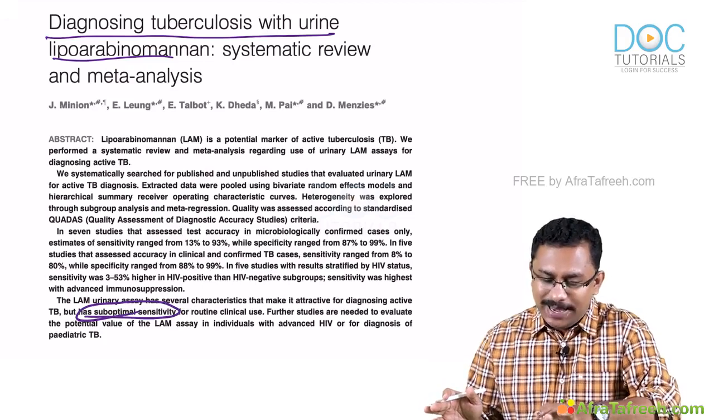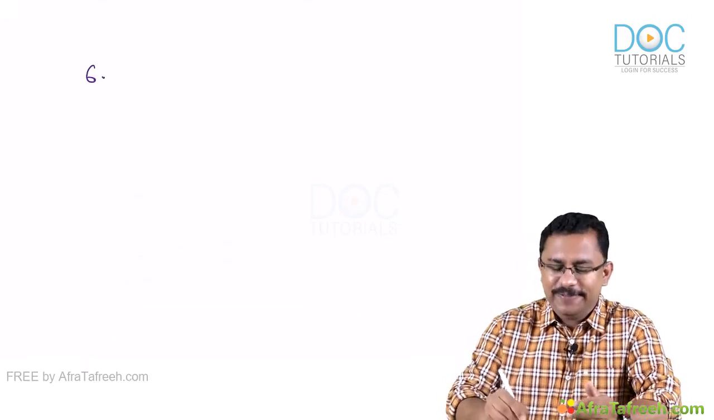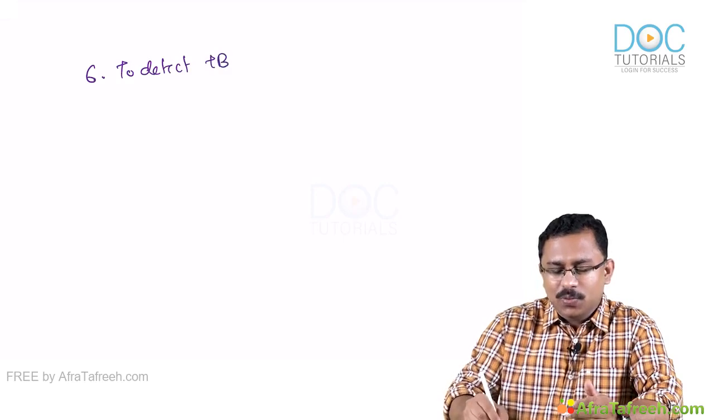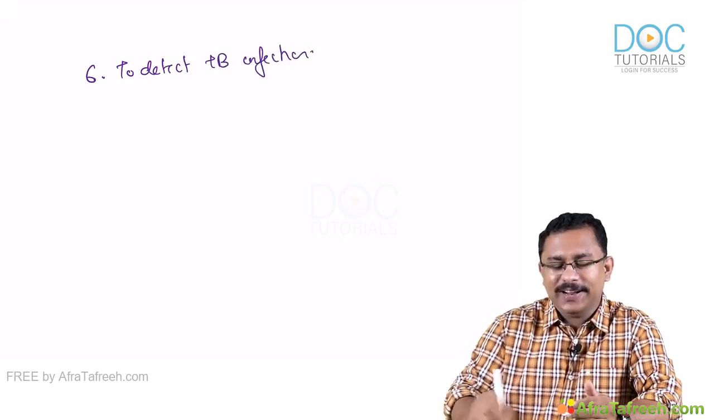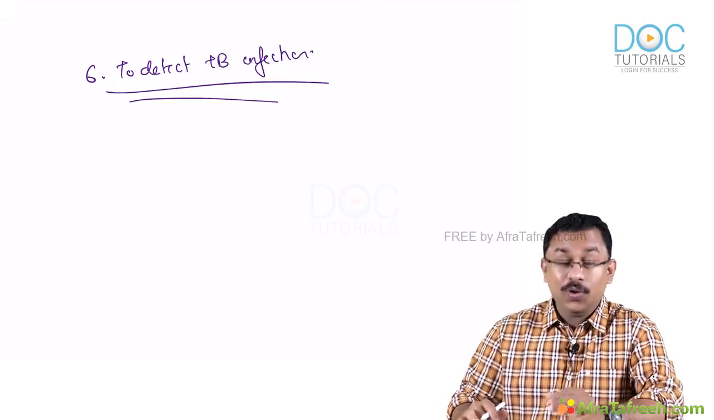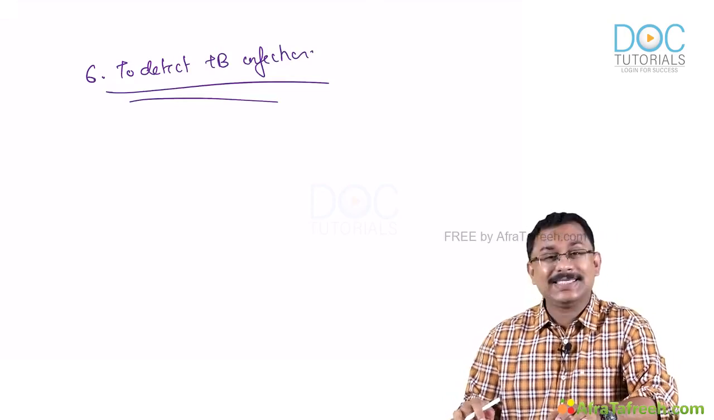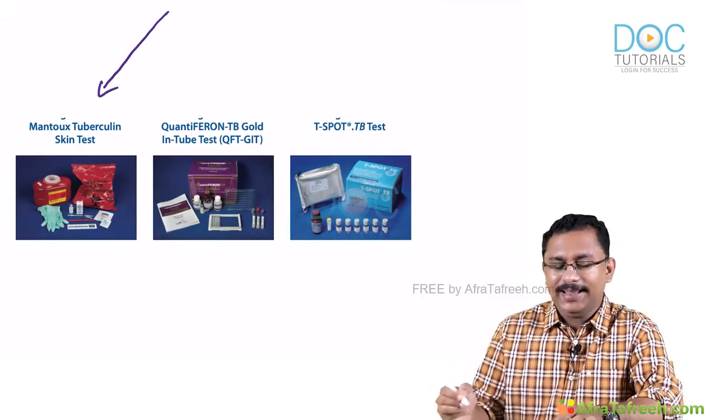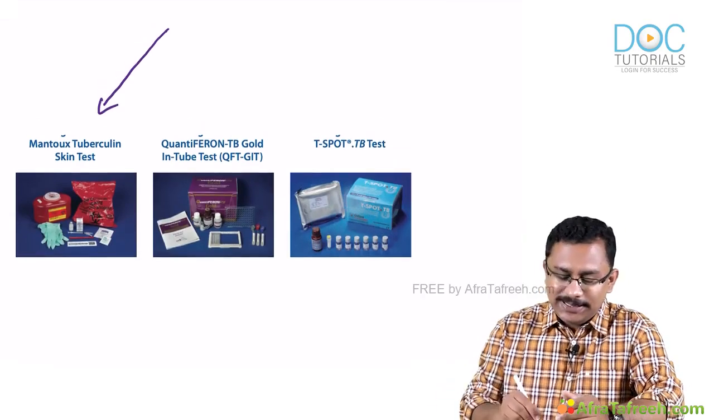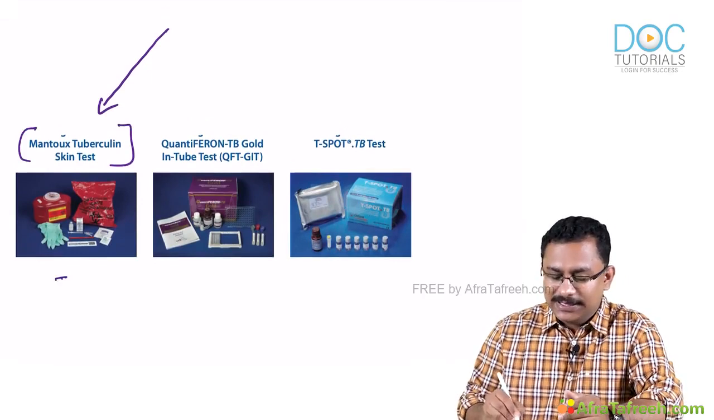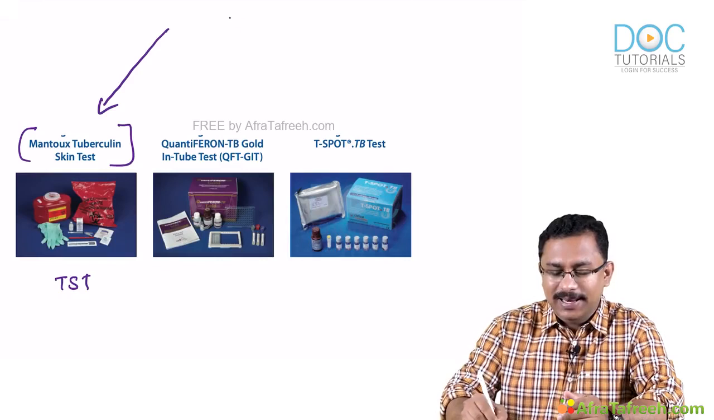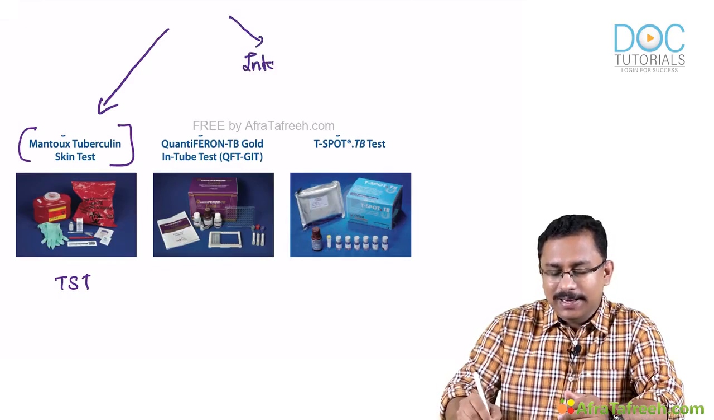Now, after urine LAM, the sixth one are the tests to detect TB infection. So what are the tests to detect TB infection? I told you infection and disease is different. When you go for detecting TB infection, you can either have the Manto test, that is your tuberculin skin test, or the TST. Also, you can have the interferon gamma